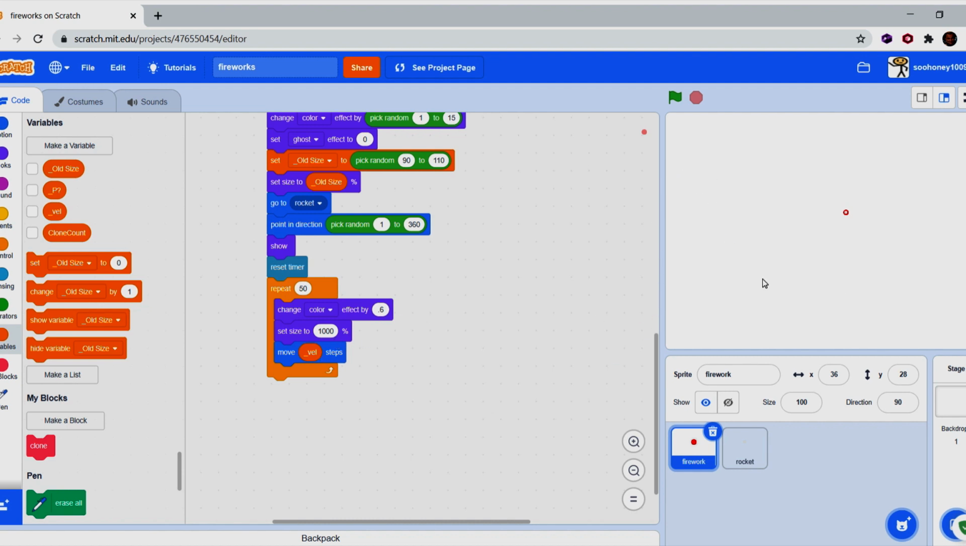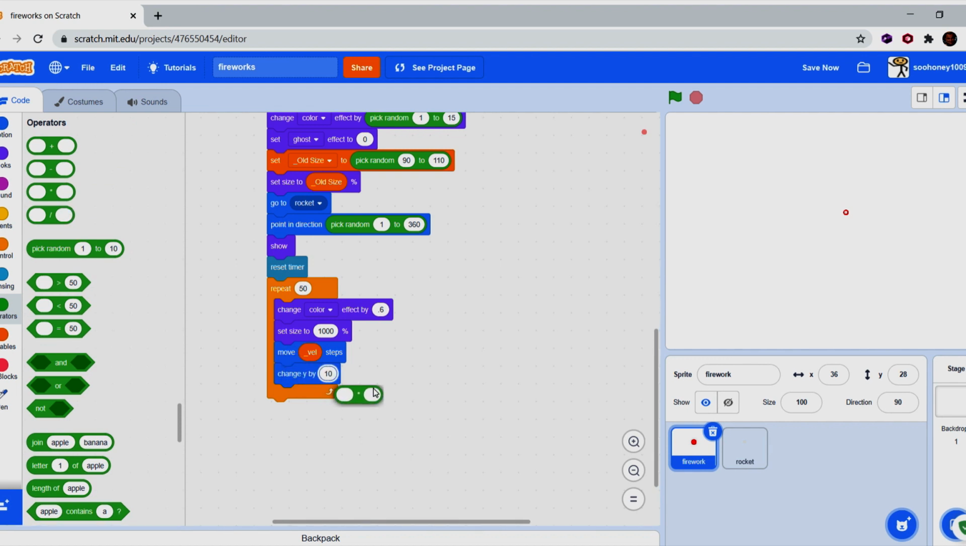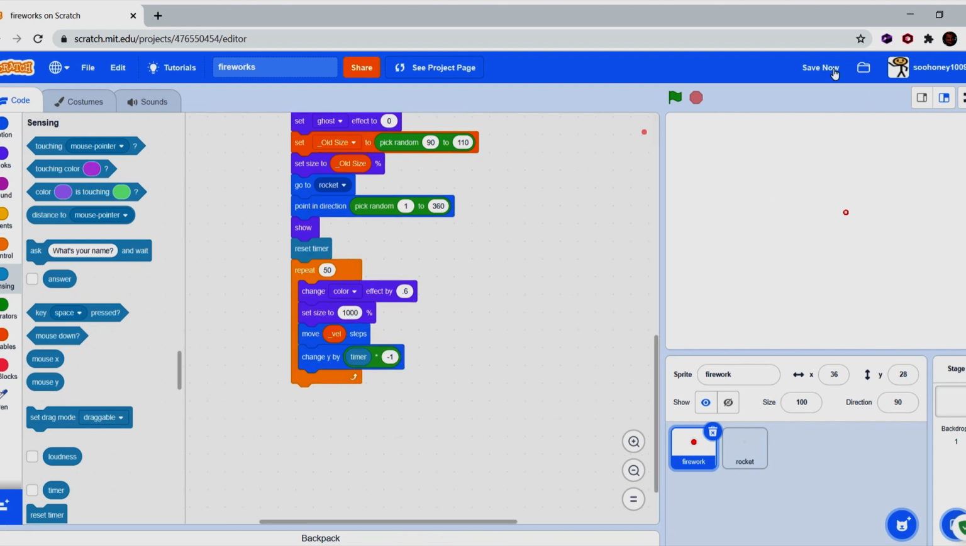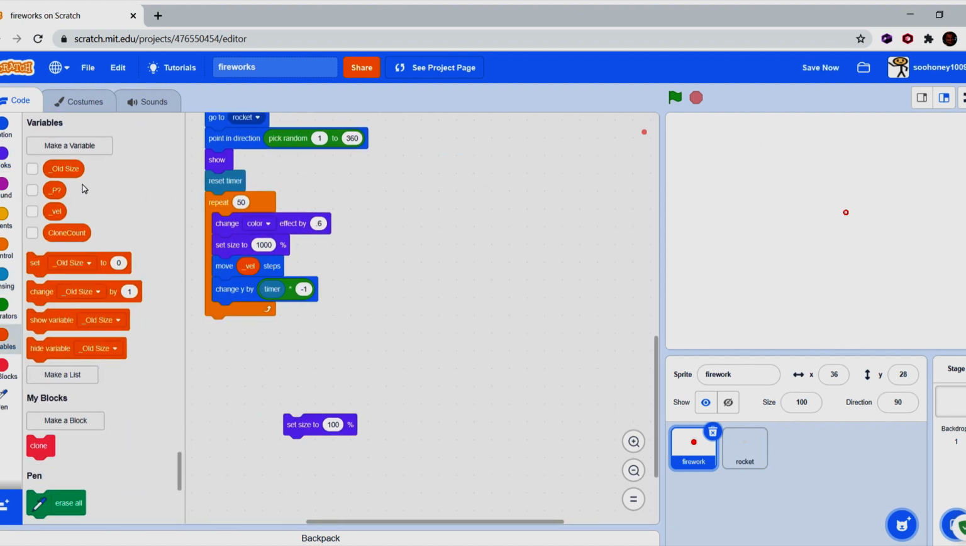But if we have that, it'll just go through the wall, won't make the dirty line. We don't want that line. Now let's go to motion, get a change Y by. Let's change our Y by timer times -1. Okay, and then we can set our size back to our old size, so it looks like an actual